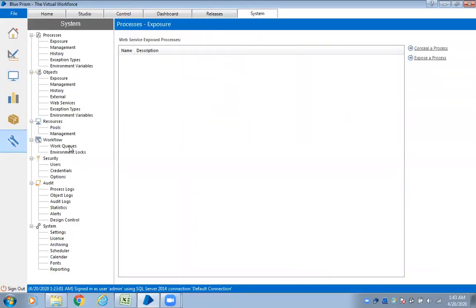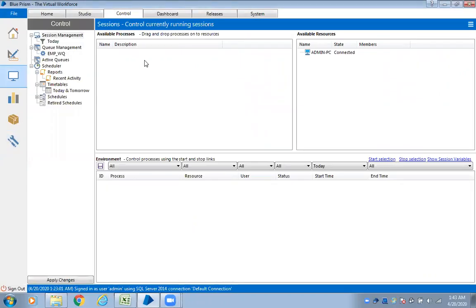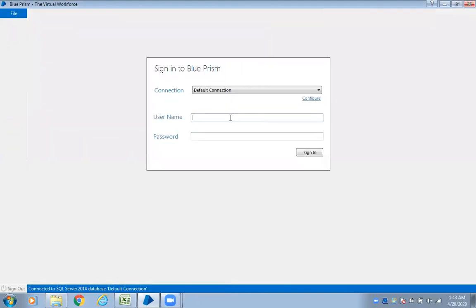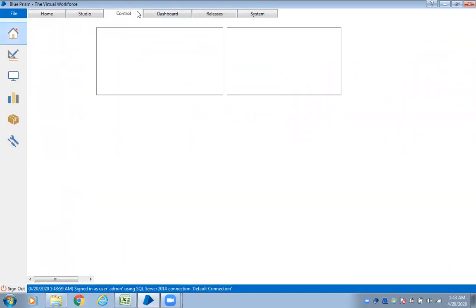We have applied and the work queue name is created. Come to the control room. Let me log out and then log in, then we can see that. Sometimes it will not refresh.